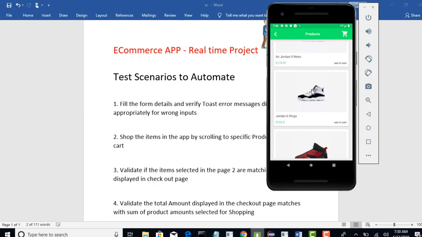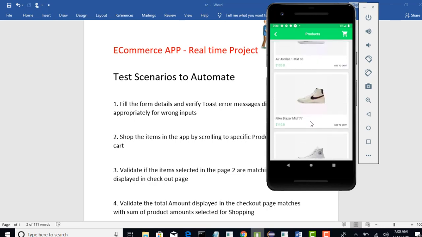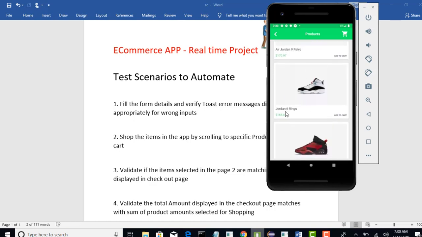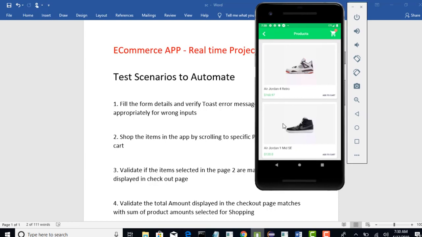First of all, you want to check whether this product is present in the page or not, because this is a newly added product from the developer side and you want to write a test case to confirm if that is added. If it is added, you have to search for it and click on add to cart. This is your requirement. It looks simple, but when you come to the Appium side, it's a little tricky to do automation for this scenario. Be patient, I'll try to explain all the techniques you have to use to get this done. First of all, when you land on this page,